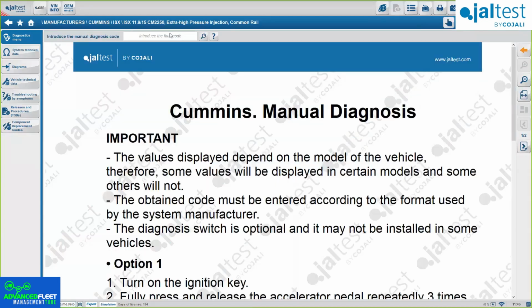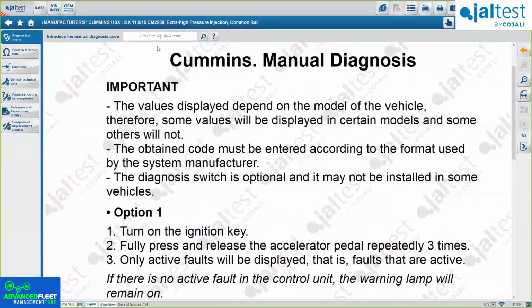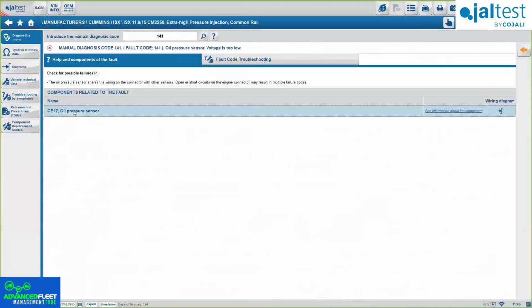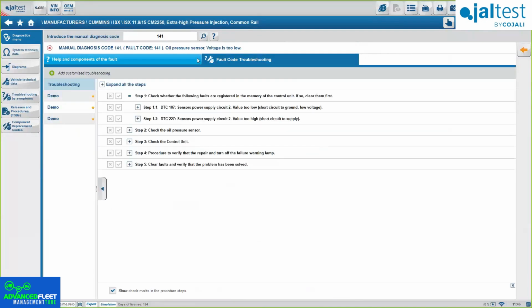Maybe there's an example here, 141. You will know exactly the component that's related, so you know exactly what's wrong with it, and you will have the troubleshooting guide, okay? Again, we'll discuss this further on a future webinar. But again, it's pretty useful to know this.